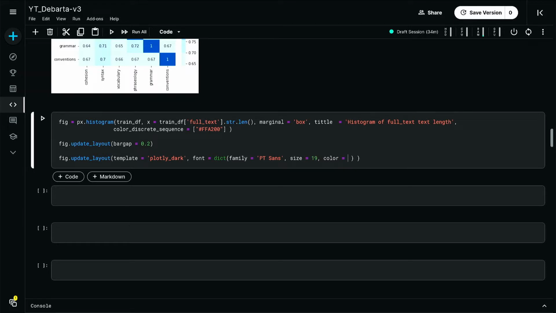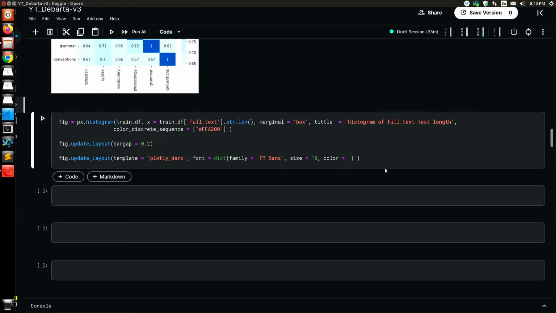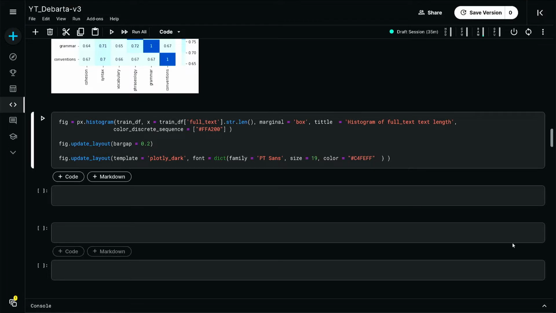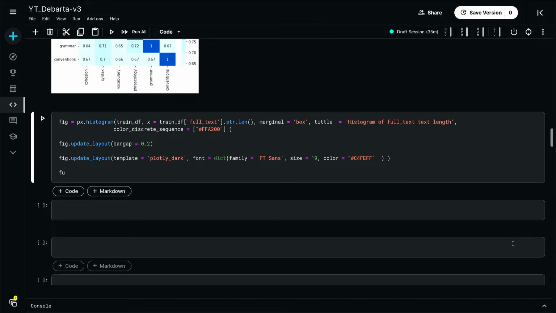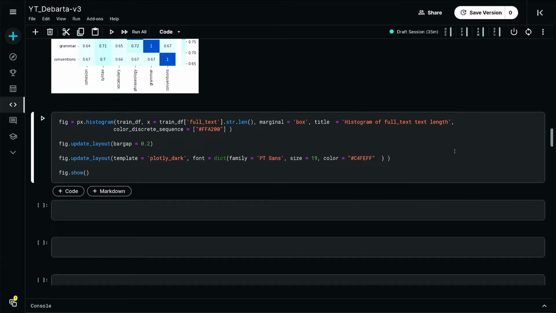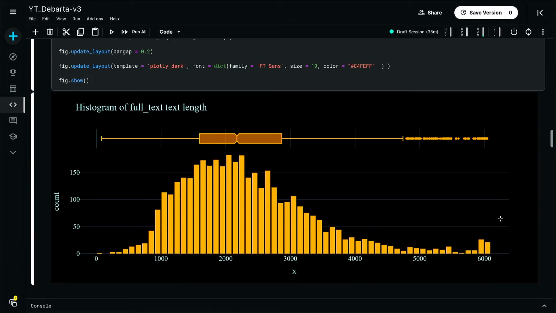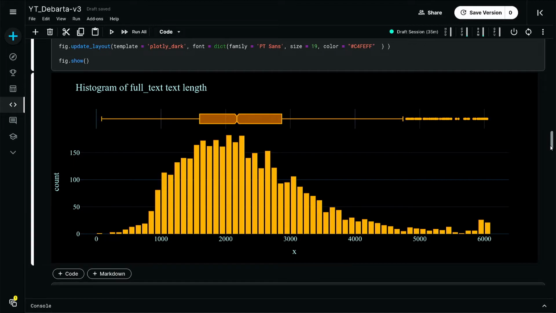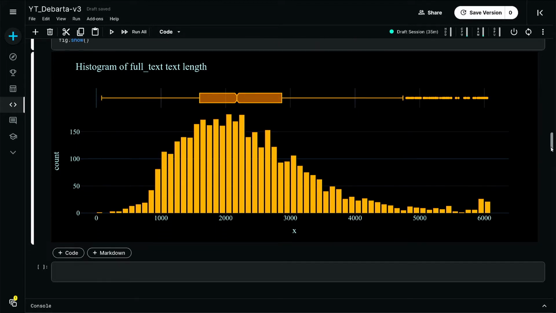I need the hex code, which is this. Histogram got an unexpected keyword argument title here. The spelling is Title. Cool. So that's my Plotly histogram of full text string length.